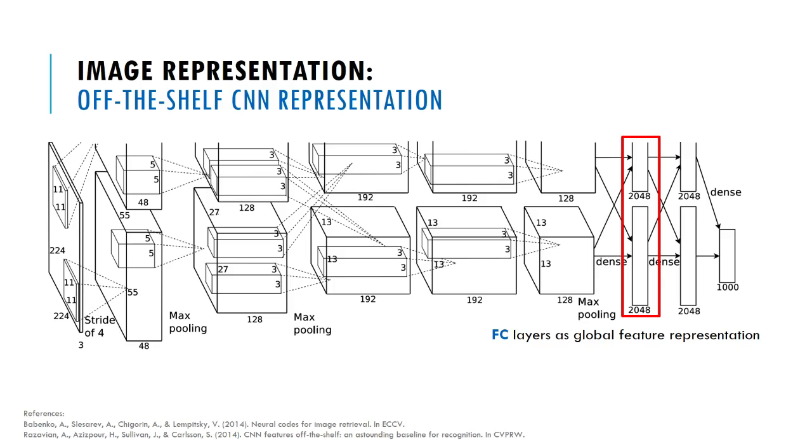So let's move on. Now we're starting to get into deep learning. I'm showing you here an architecture, the most famous one, just for reference. This is AlexNet. When people started working on deep learning for classification, they noticed that if you take one of the last layers, the fully connected layer, and just treat it as a feature vector, it actually works pretty well. It's a reasonably good representation of the image. This is something people have been doing typically,